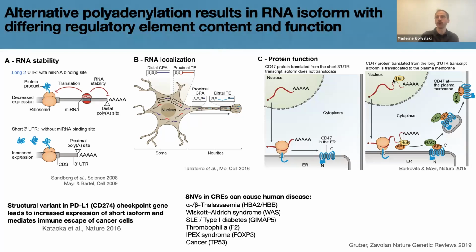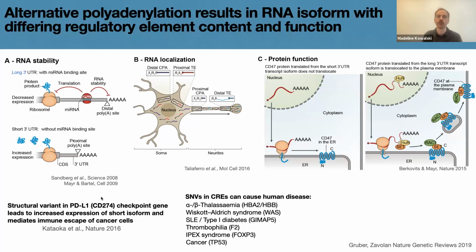So here, for example, the long 3' UTR isoform will lead to a protein product that is going to be presented at the outside of the cell, while the short isoform, the protein product, will stay within the cytosol. So you can imagine that since alternative polyadenylation is involved in many processes, it is also implicated in a couple of human diseases. So, for example, it has been found in one of the prominent examples that structural variants